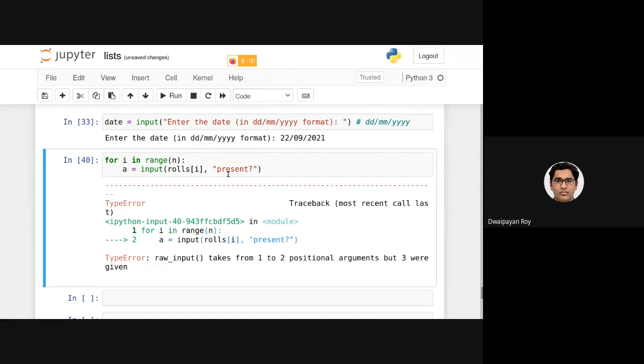Now, if I provide this, it will give an error, because input takes one parameter, so this is not actually a valid parameter here. So what I need to do is provide Q1 present, yes or no, Q2 present, yes or no. Sir, we can take binary input here.